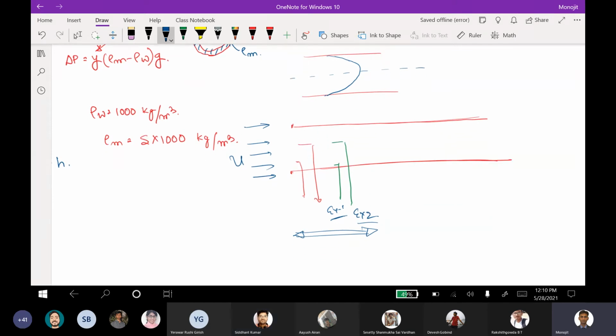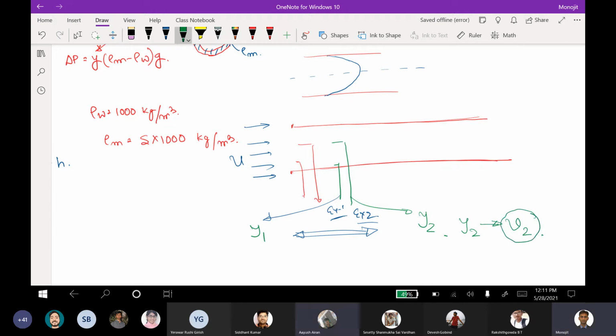Now, suppose in this case, I get a y value, which is y1. I get a y value here as y2. Which one will be higher, y1 or y2? The y2 should be higher, the manometer reading. Yeah, y2 should be higher. And if we convert this y2 into a velocity v2, can you tell me which velocity is this one?